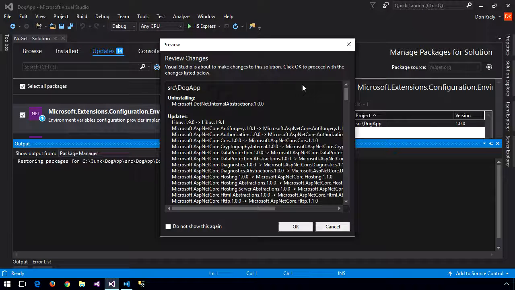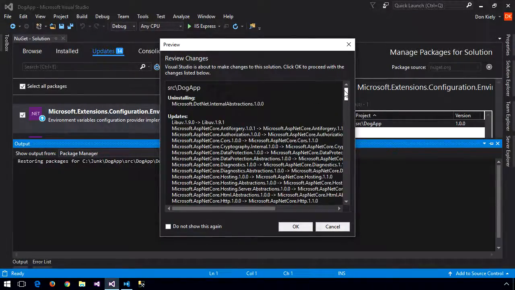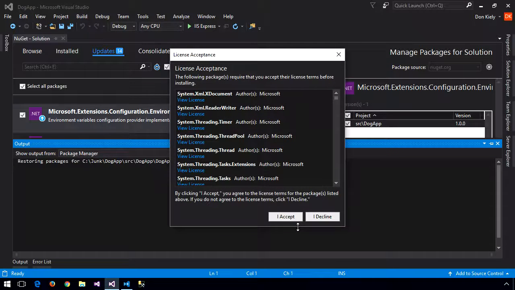I'll get a couple of dialog box prompts. The first is to review the changes, make sure that everything is as I want it. If you really want to go through, you can see in great detail everything that's going to happen. Because it's not just the packages that are listed that I showed you, it's also the dependencies as well. And if you don't want to see this dialog box again, after a few times, you probably don't want to, unless you really want to go through in detail and make sure of everything that is happening behind the scenes. But when you're done doing that, you can click on OK, and it'll continue the process, and then it asks